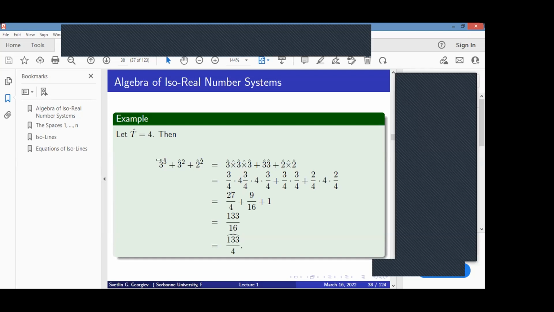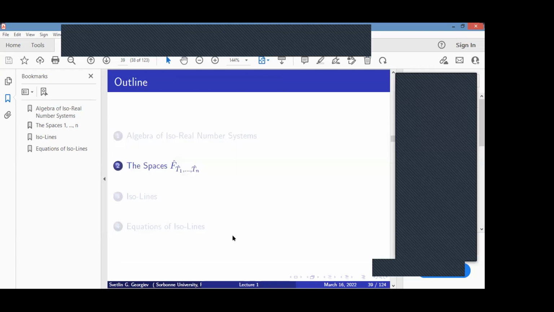In the classical case, as you can compute directly, 3 power 3 plus 3 square plus 2 square is equal to 40. In the iso case it is 133 over 4. We see differences between the classical computations and the iso computations. So now